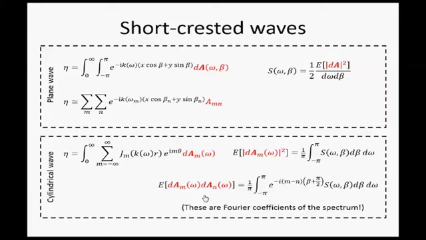So again, this is the variance density spectrum that you're probably familiar with, the power spectrum. But you can have a cylindrical version of this, where instead of being an integral over directions, we have the same summation form that we had before, but instead we have a random coefficient that's also still a function of frequency. And what gets interesting is when you consider the variance and covariance of these coefficients. So the covariance of the coefficient with itself is the integral of the variance density spectrum. And then the covariance between the m and nth coefficient is the m minus nth Fourier coefficient